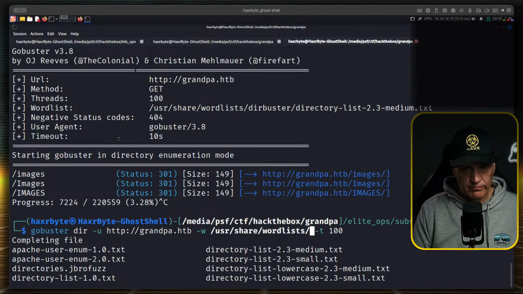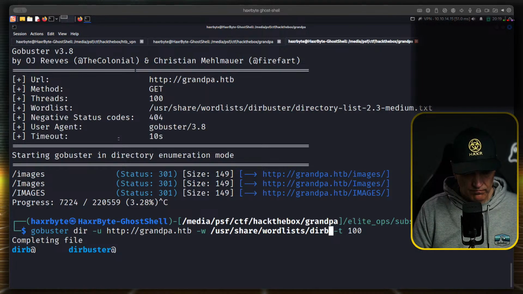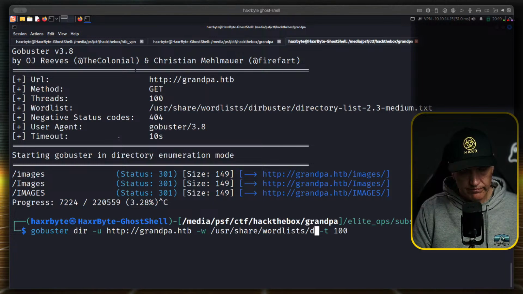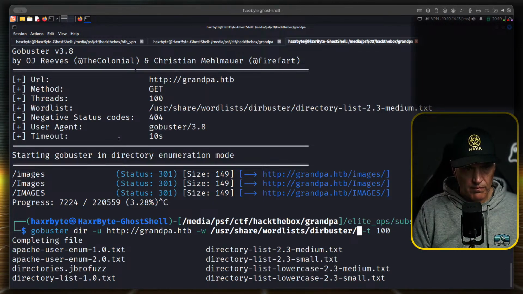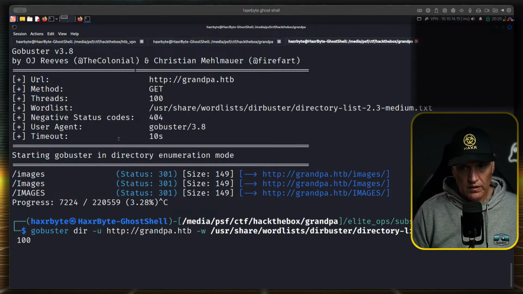No. There'll be directory-list-2.3-medium. Let's try this vhost.